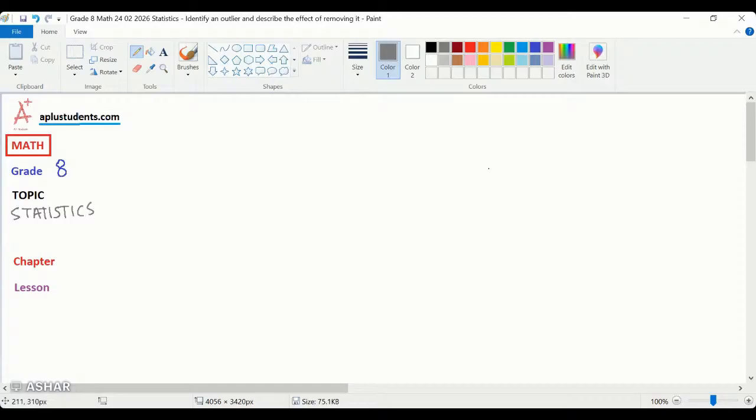I'll give you the chapter number and the lesson number. The chapter number is 25 and the lesson number is 7. And the name of the lesson is Identify an Outlier